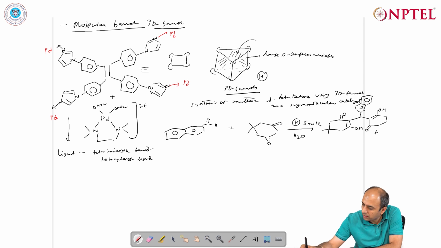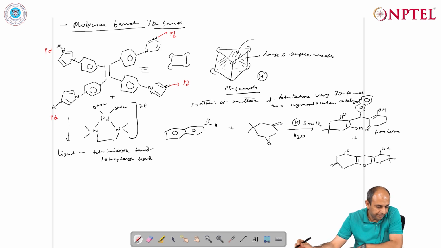So this is the tetraketone, but it also forms the corresponding xanthene. Here we have the naphthyl ring. So this is the xanthene,